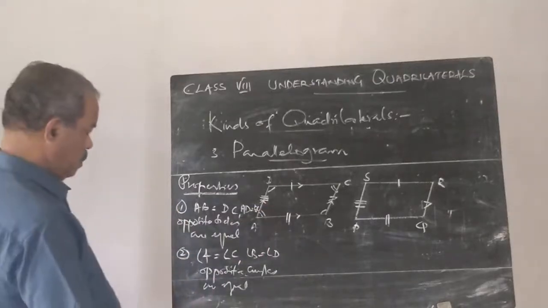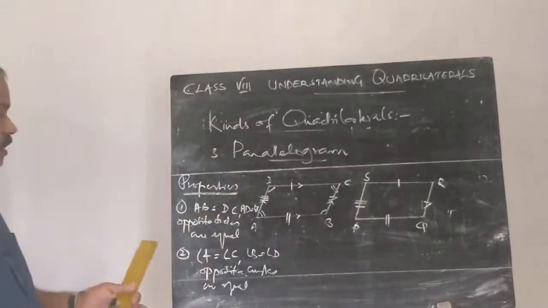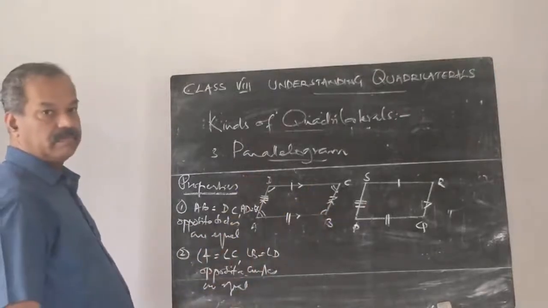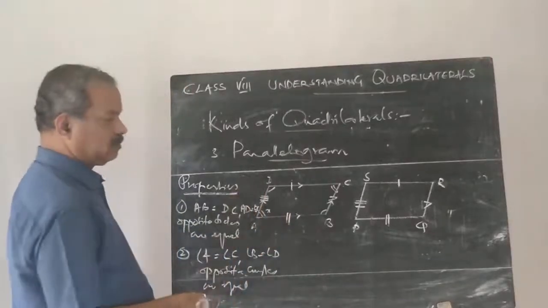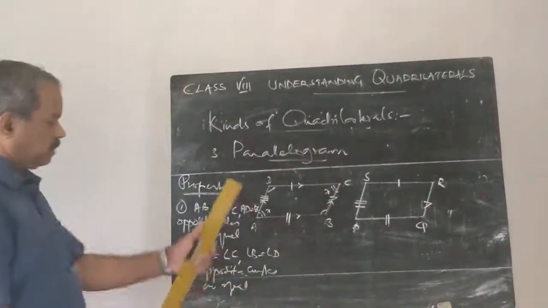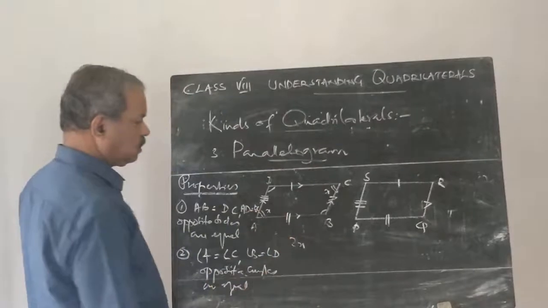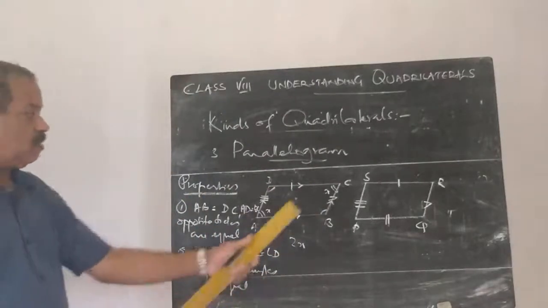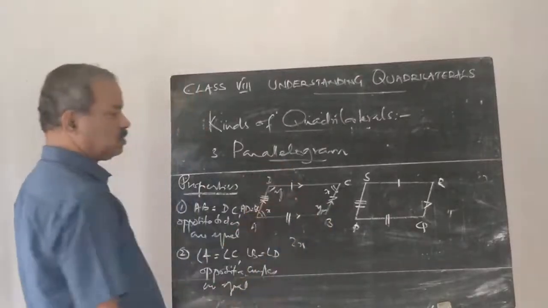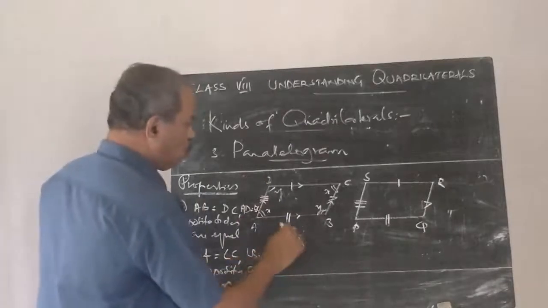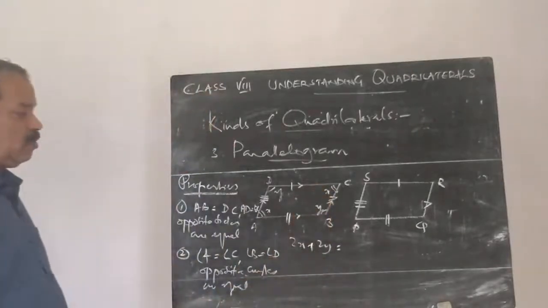Now, consider the adjacent angles, angle A and angle B. Suppose this angle equals x, then this is also x as per the second property. And these opposite angles are also equal. Suppose this angle is y, then this is also y. Now, 2x plus 2y equals